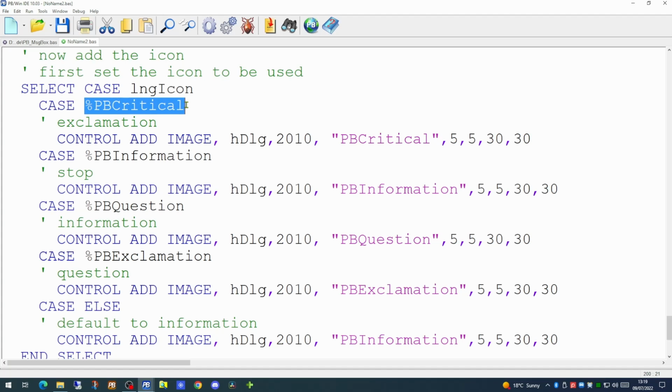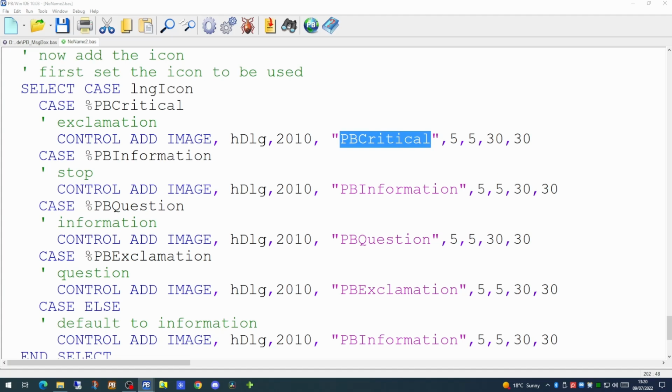So if they have picked the critical one, we will control add the image with pbCritical as the name of the resource. And the same for each of the other buttons. I've also added a case else to handle a default should we get an icon we're not expecting. And it will default to showing the information icon.